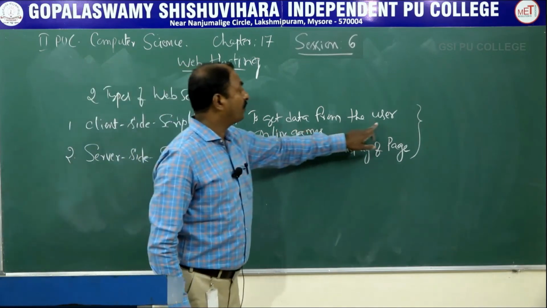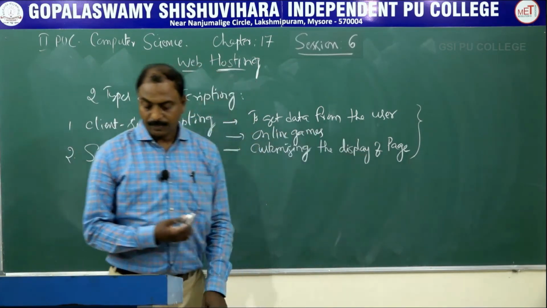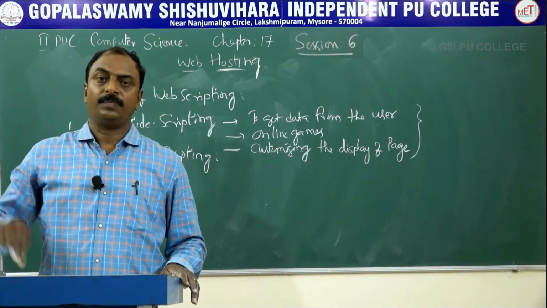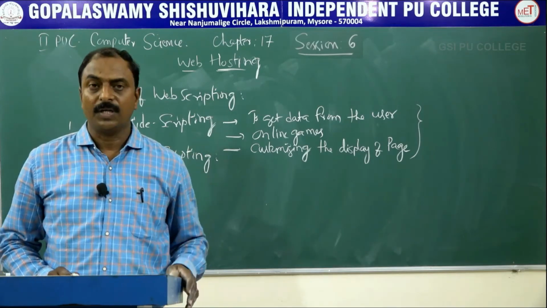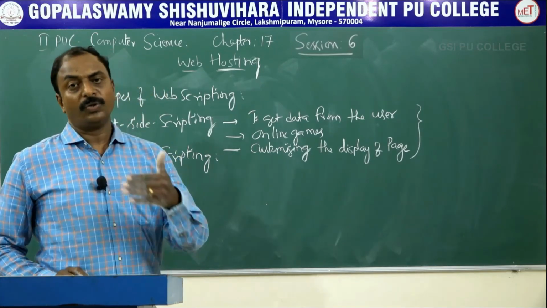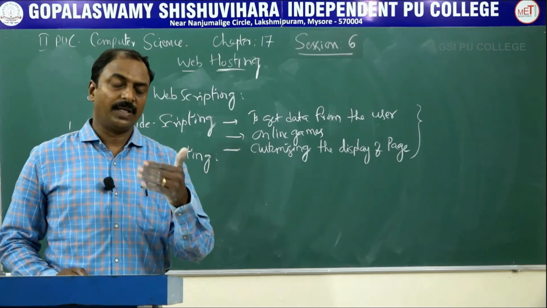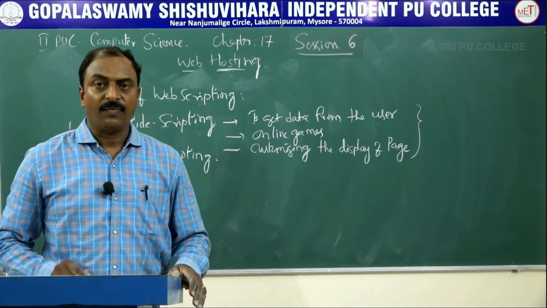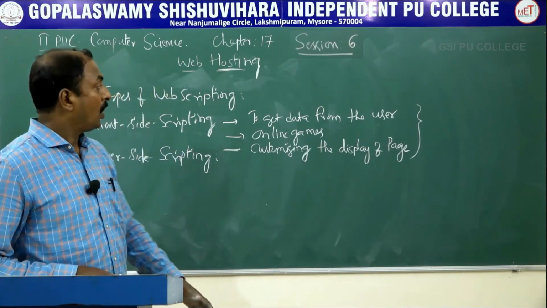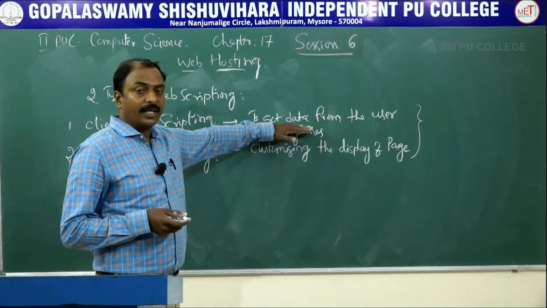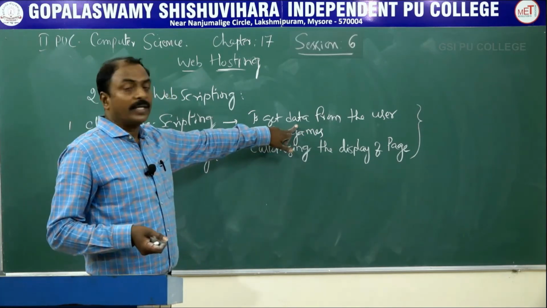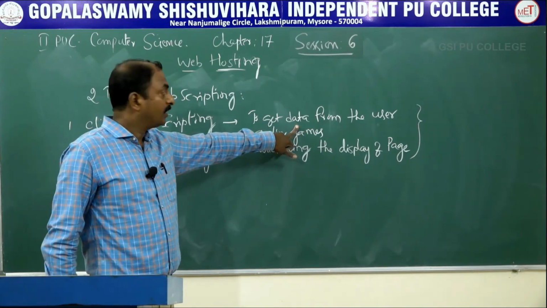For example, to get data from the user. If you look at some forms, maybe in any website, maybe an application form, you are going to apply online for a job application. You are going to enter some details. There are fields where you may have to enter first name, second name, date of birth, so much information. All this data you are entering in the form of forms, that is at the client level.